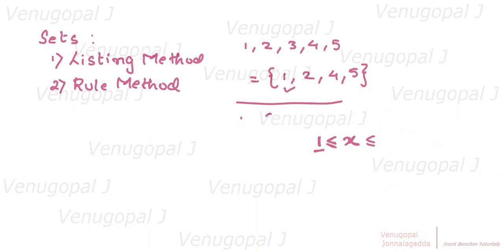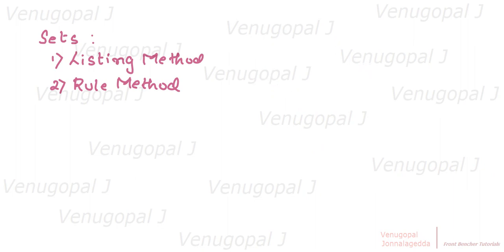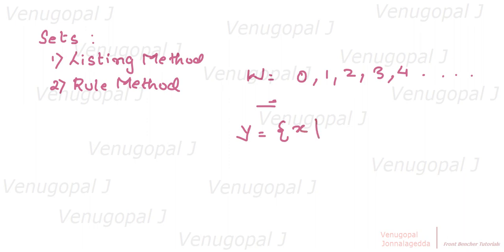So let us take an example where we'll talk about whole numbers, which we have read earlier. Whole numbers basically start with 0, 1, 2, 3 and 4, and they can continue till whatever positive number you can think of. So representing this whole number using the rule method, let us keep Y as the name of the set, capital Y, open brackets, x such that x is an element of whole number